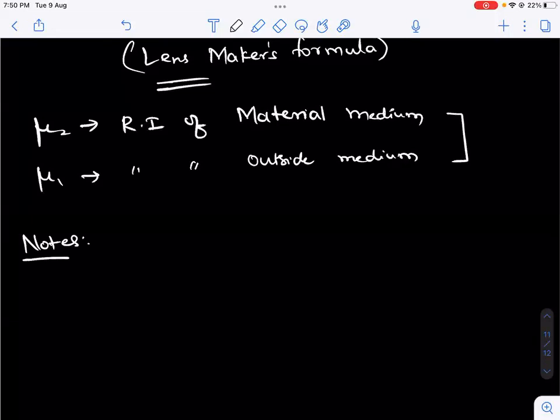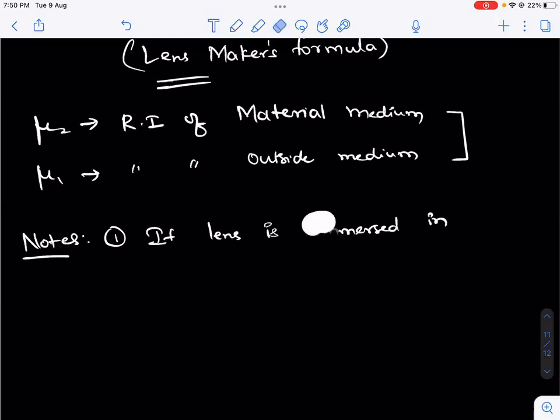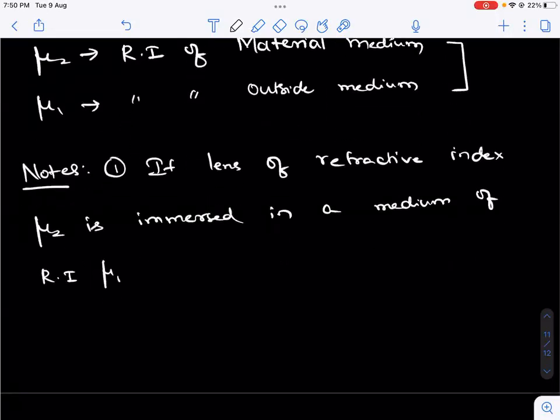One is, if a lens of refractive index mu2 is immersed in a medium of refractive index mu1, where mu1 is greater than mu2,